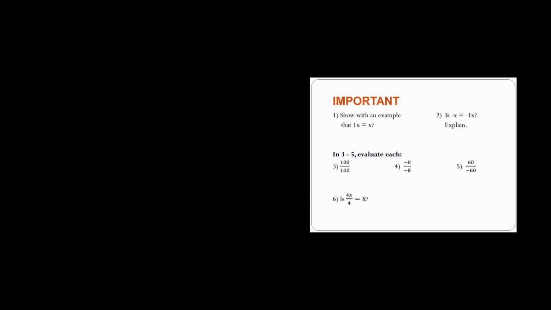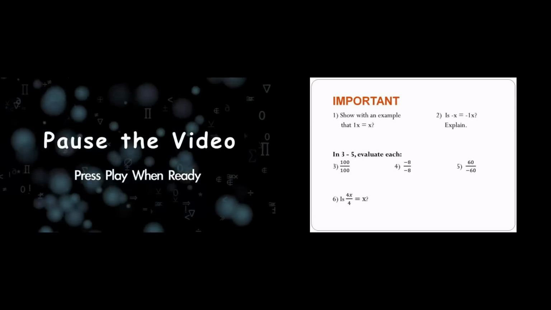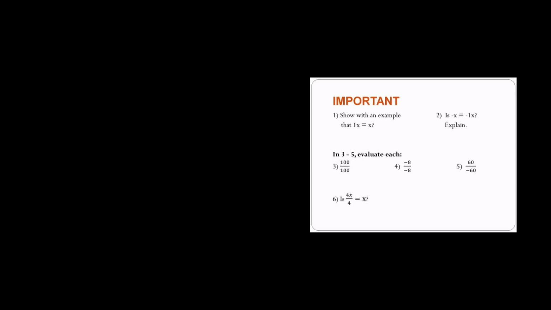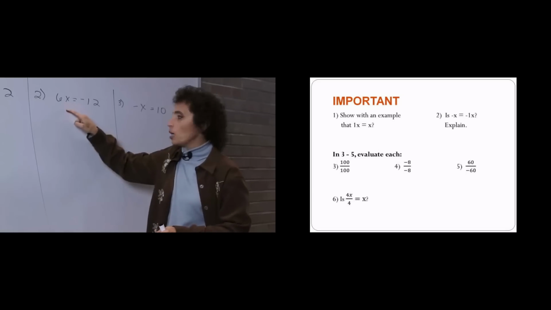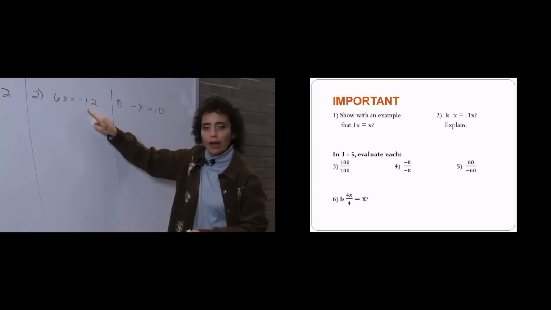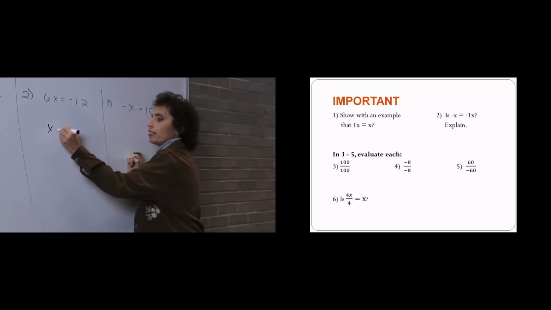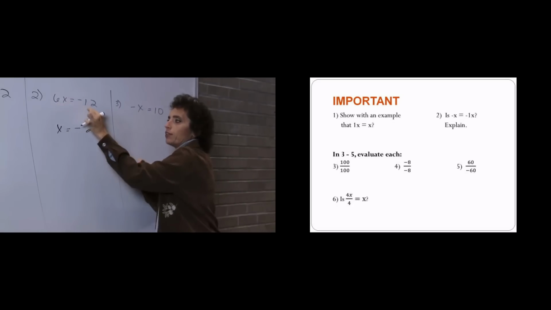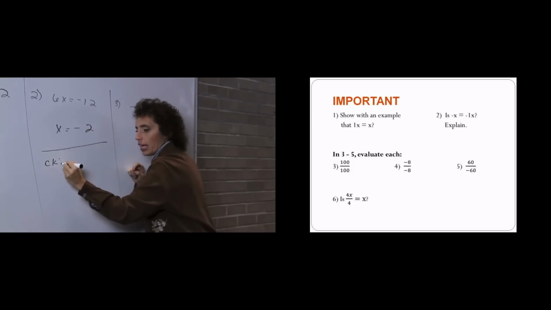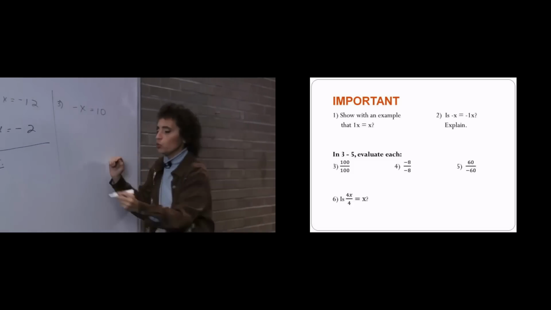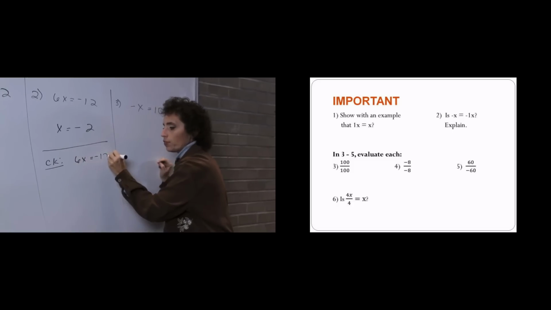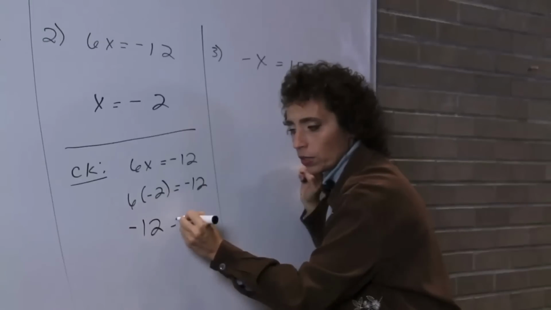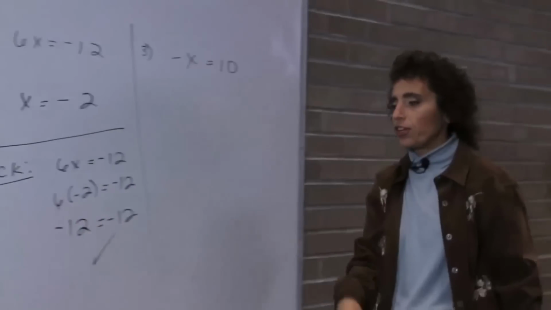Would you try 2 and 3? All right, so let's see what you did here. This says 6 times a number is negative 12. Well, if this is positive and we want a negative back, we know this has to be a negative. So x equals negative. 6 times what number will be 12? That would be 2, because a positive times a negative is a negative. I can check this, and this is the last one I will check of this sort because this is new. 6x equals negative 12. 6 times negative 2 is negative 12, which is negative 12 equals negative 12. And that checks out.